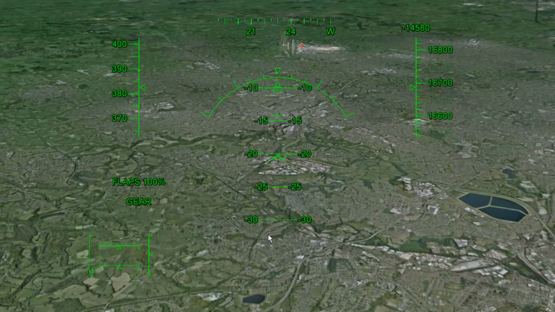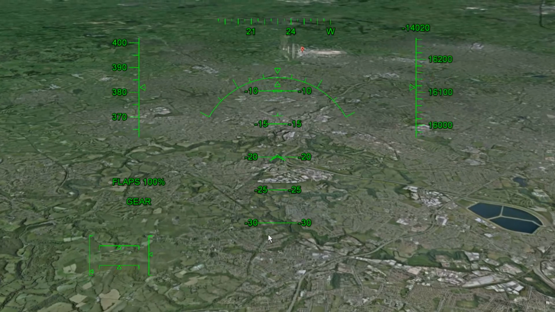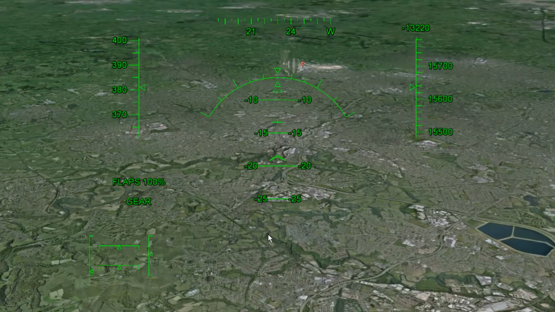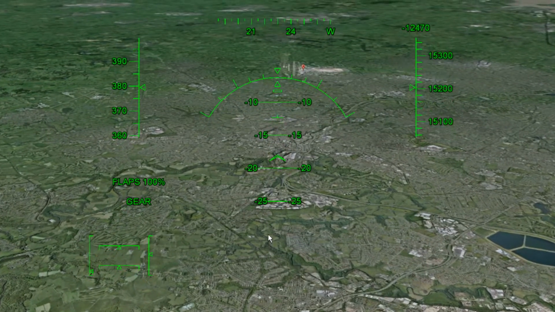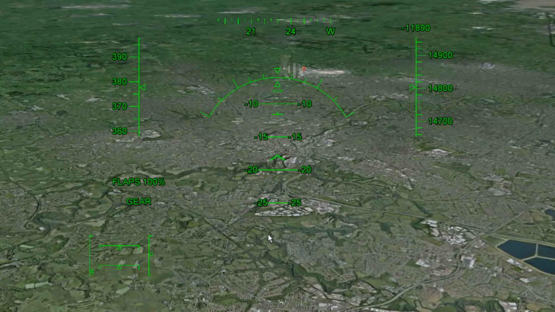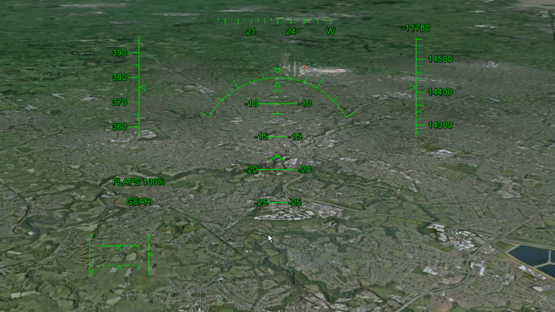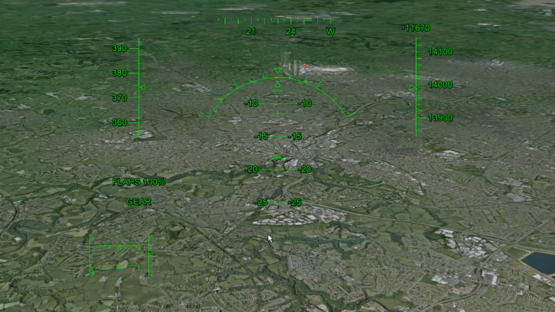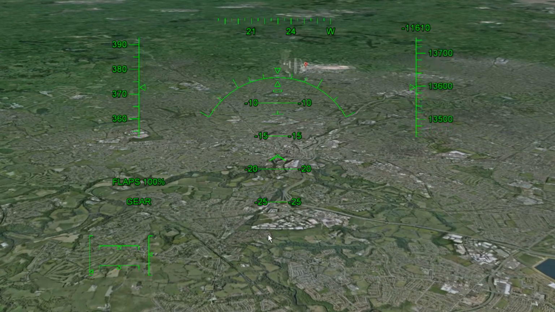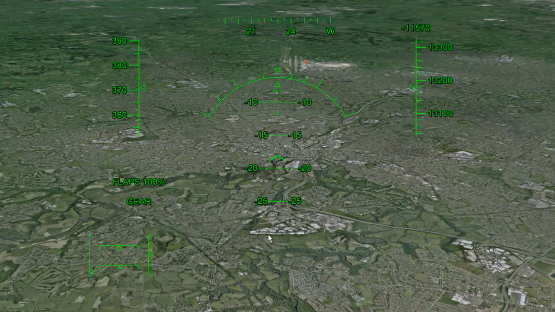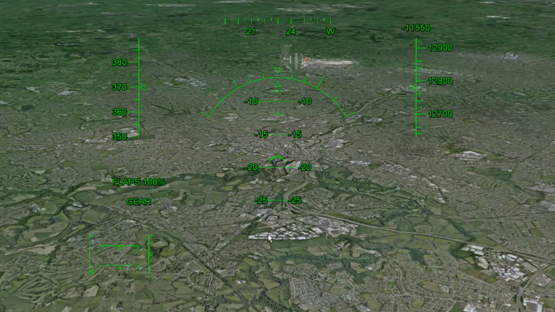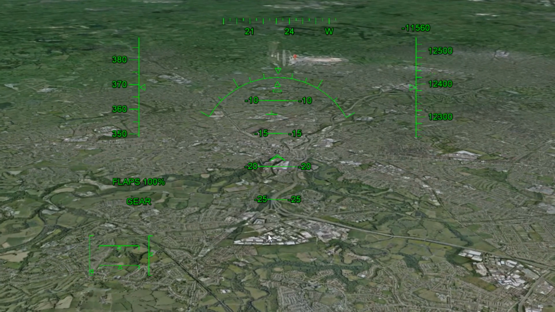And if we want our nose to point back up towards the sky, we can either use the end key or we can use the bottom arrow key. So as you can see, we are now coming in towards the runway, and one of the things I would say to you guys is basically try and make sure